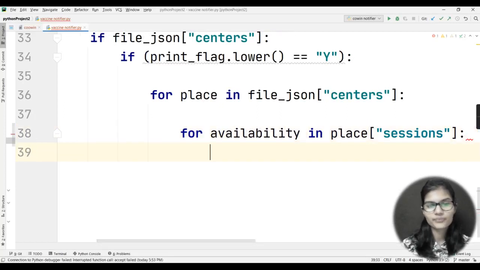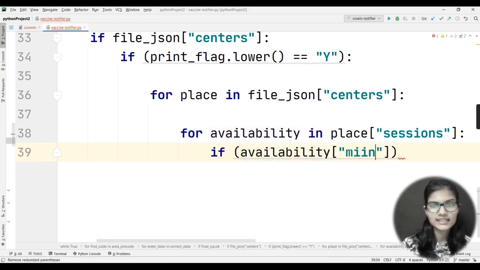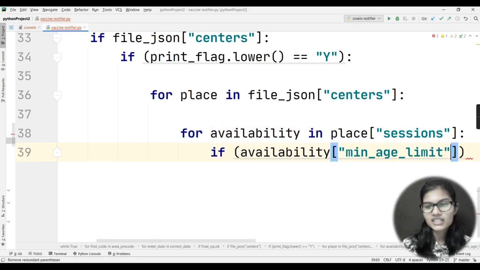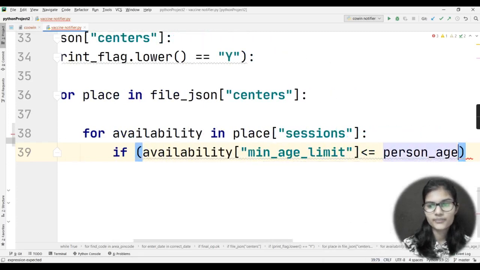Now my condition says that if availability, and in the brackets it is minimum_age_limit, that is minimum_age_limit is less than or equal to age. Okay, in the brackets I just put one condition that availability of minimum age limit is less than or equal to age.